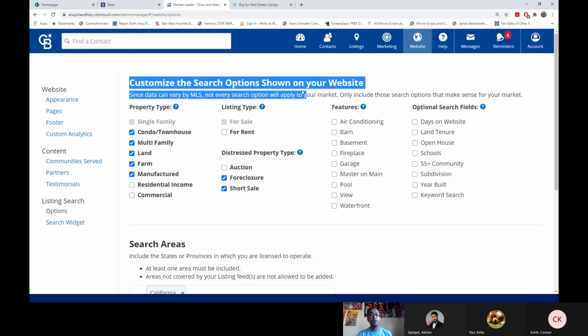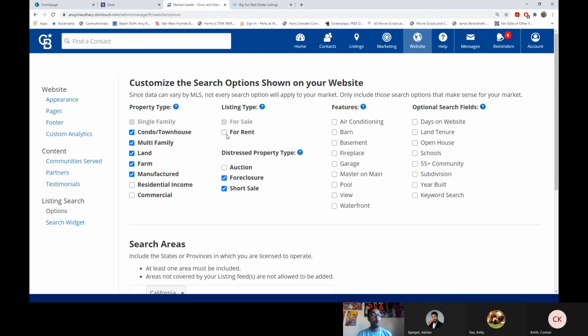For example, if you don't handle rentals, no rentals can show up. Do you handle rentals? Check that box. I don't do commercial, or I do commercial. Don't want to do farm, and so on. Whatever you want to work with, this is what you want to advertise. Do not function with any of these,